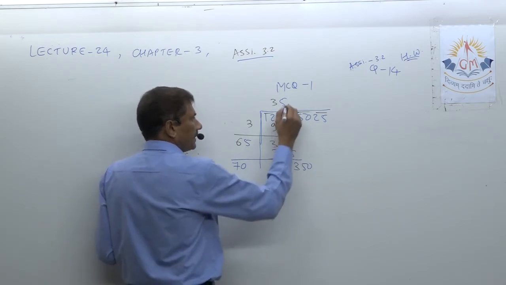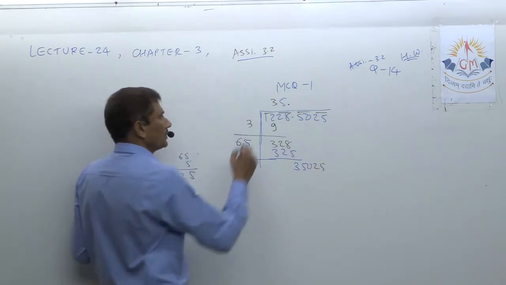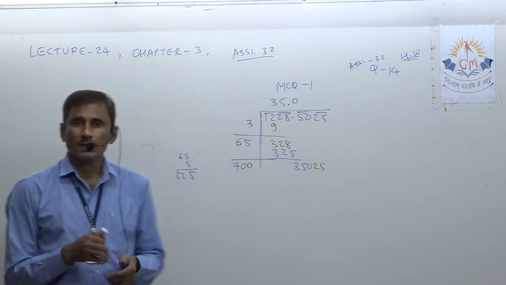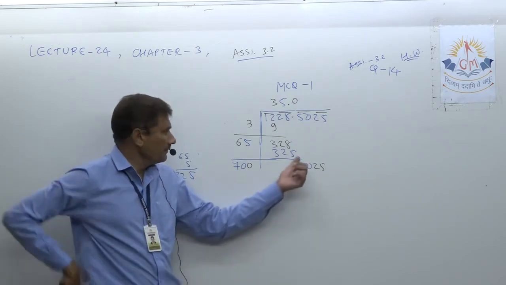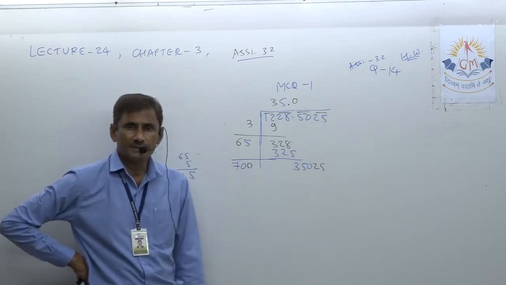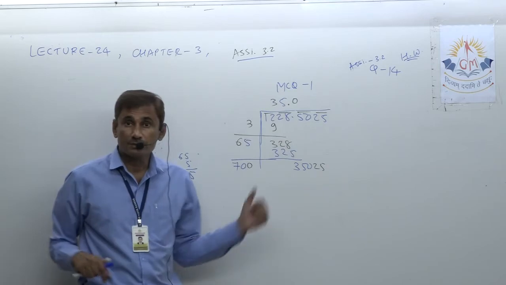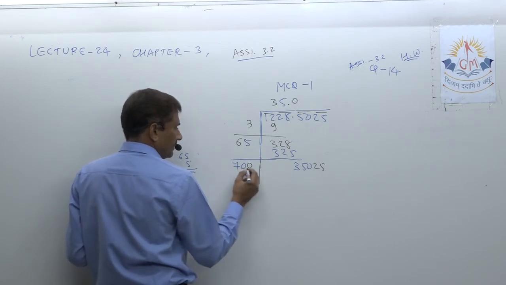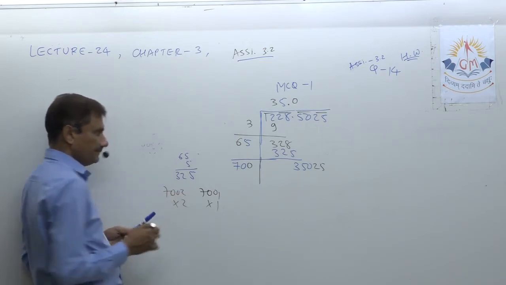So at a time you can bring the second pair also, but before that you should write 0 extra here and here. Understand well? Because at a time you cannot bring both pairs together. But when you bring one pair and you know the division's next step is not possible, then you can. But before that you should place 0 here and there. Now just look. It is 7001 into 1, 7002 into 2, like that.